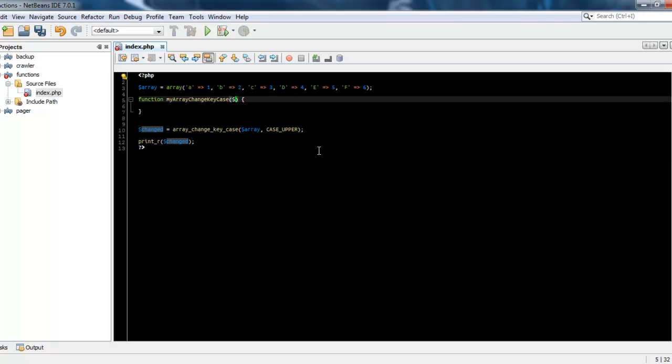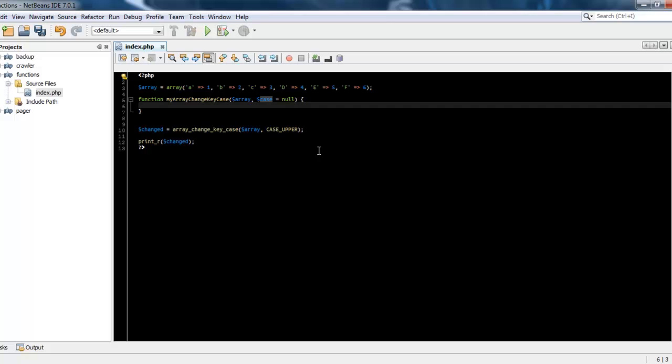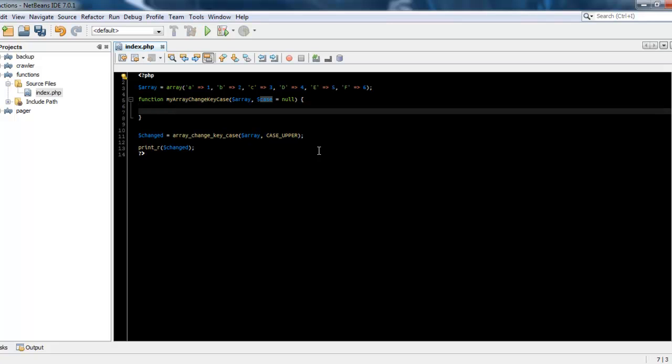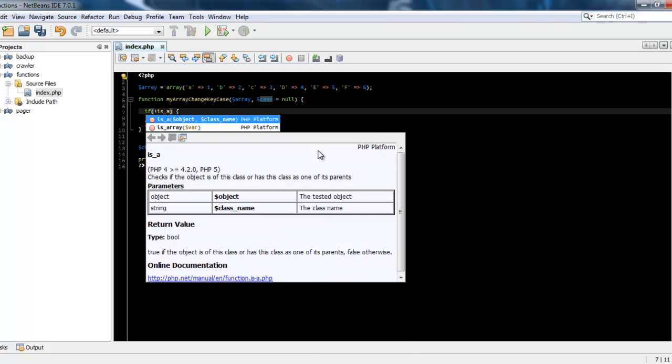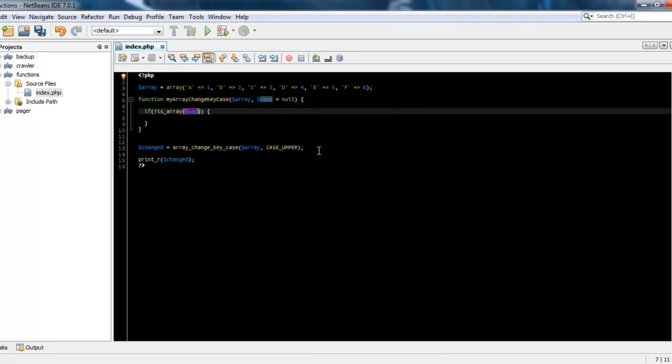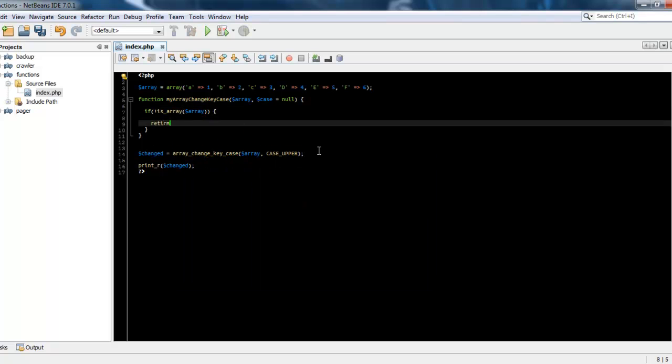So the first parameter is array, second is case, and case is defaulted with null. First thing I do is an if, and I check if array is an array, and if it's not, I return false. The exclamation mark means not, so I negate it. So I say if it is not an array,